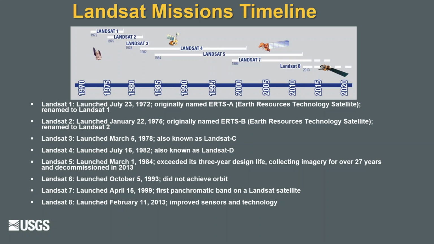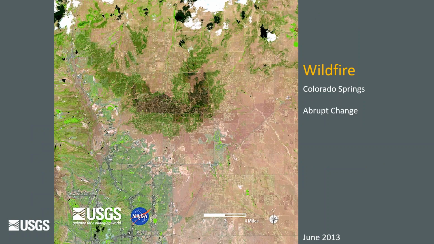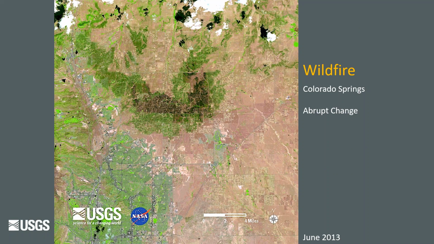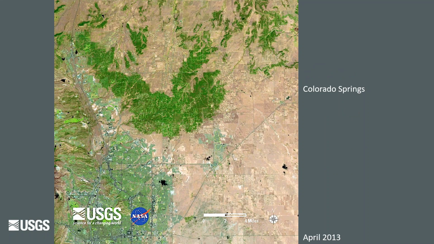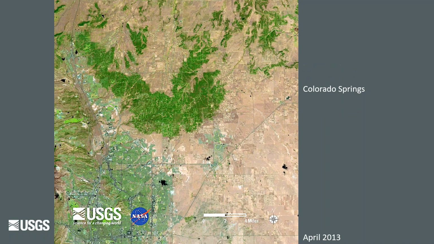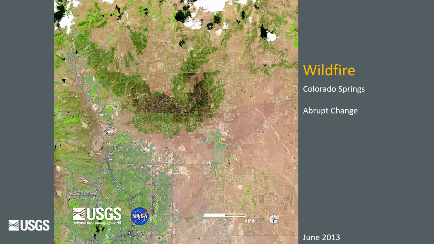And unfortunately, we don't have a time machine. We can't go back and collect more data for those places. So this is a flashing back and forth. This is the way we used to do things, and it's still useful to do. We call these change pairs. So you're looking at one period and another. In this case, the event that happened was a wildfire. What's shown in black is a wildfire, and it impacts the surface reflectance of this Landsat scene where the wildfire occurred. Everything looks black. And this is an abrupt change.